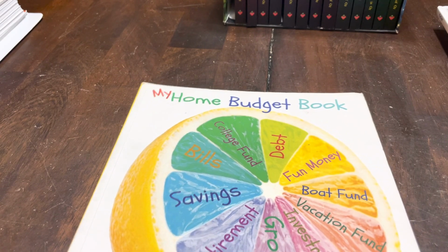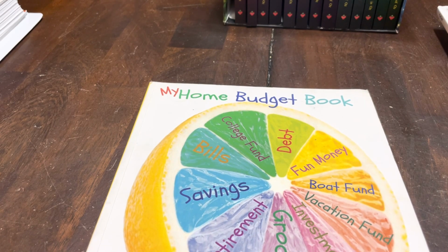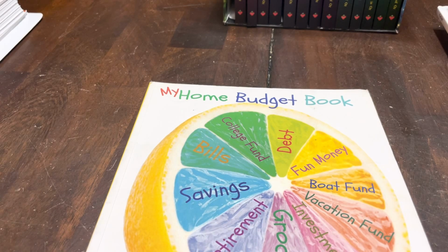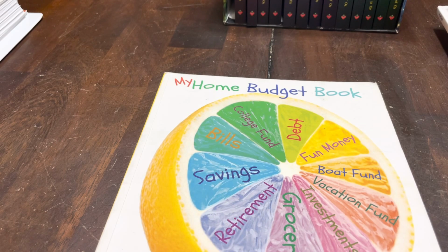And then we got these little budget books, and we would go through every week, and the kids would write down, you know, we gave them a budget every week, and they had to write down how much they're paying for rent, how much they were paying for utilities, savings, education, charity, all of the different things that we wanted them to learn that they needed to put money into as they earned money. And so they would write that down in here, and then they would get a certain fund for the week